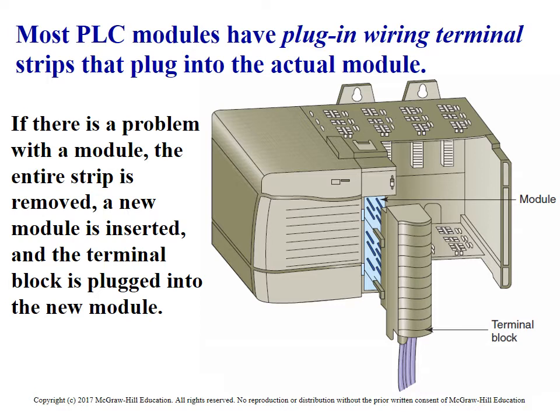They're just stating here that in the event you had to replace a PLC module, most of your PLCs have a replacement terminal strip, so you pop this right off. You're able to pull that card out of the rack, put a new card in, and then return this terminal strip right back to the card without having to unwire a single wire. It's a maintenance thing for when cards fail and you have to repair.